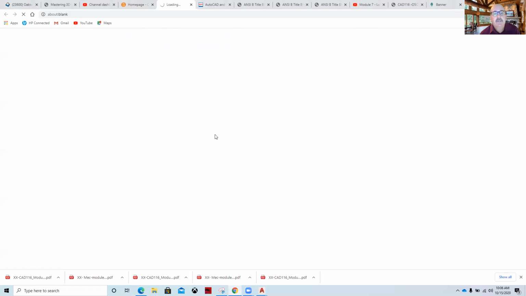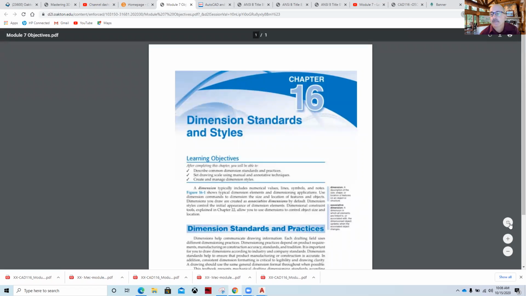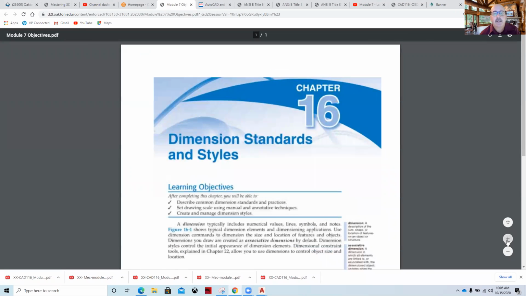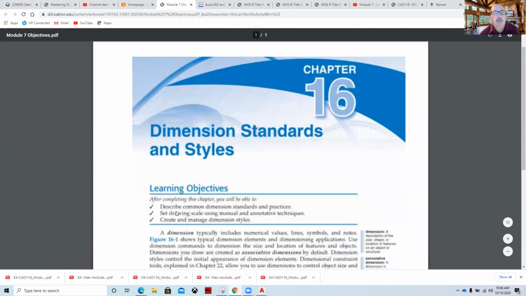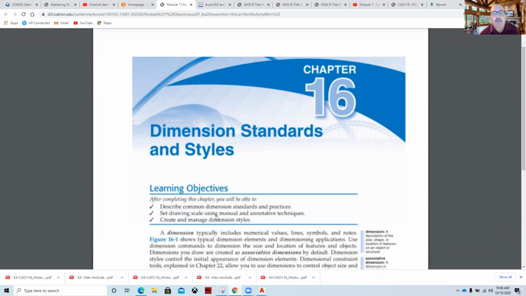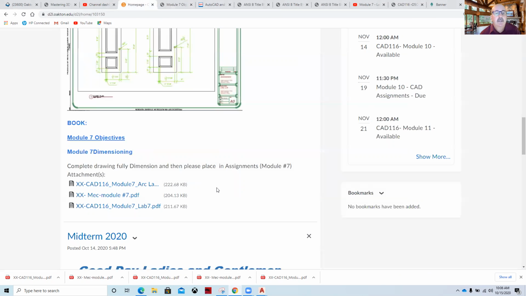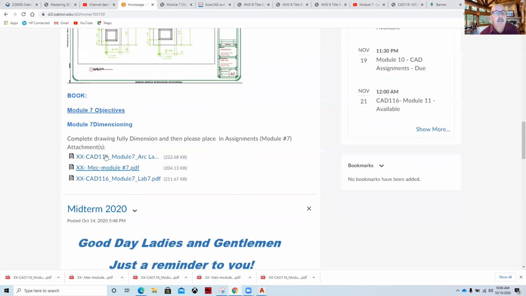The book objectives will be to go through and describe dimension standards and practices, be able to scale dimensions and manage dimension styles. And again, we have these assignments. And so if you click on them,